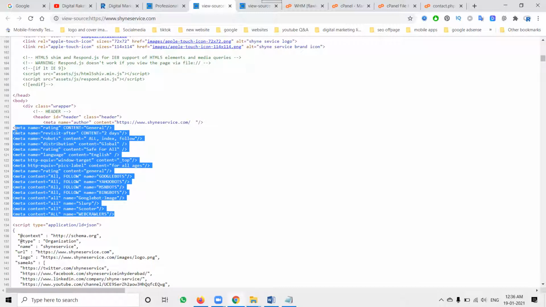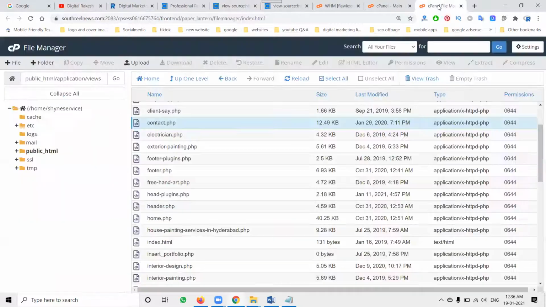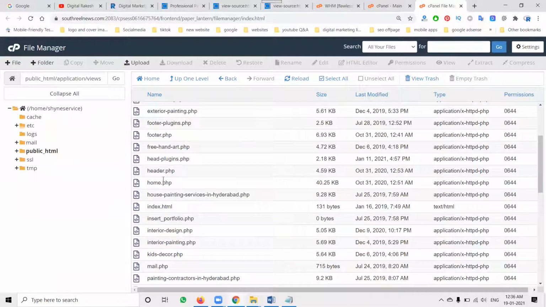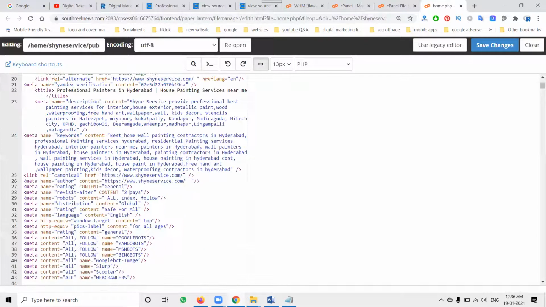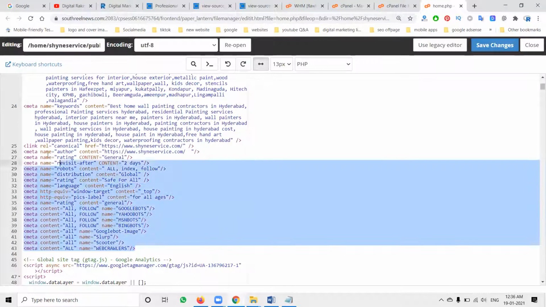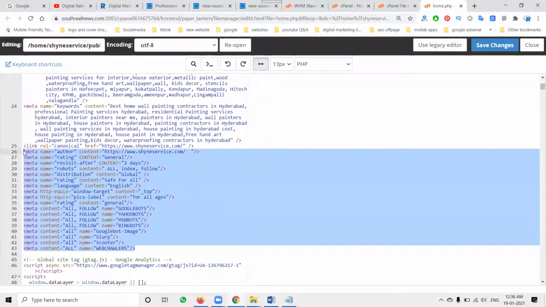Suppose your website has only 5 pages. You can add the code to 5 individual pages. But for any dynamic website, you must maintain one common page. Once you upload the content on the common page, each and every page will automatically get it. So this is the method we must follow for each and every page, whether the home page or other pages. Compulsorily follow the instructions and activate the meta tag code.